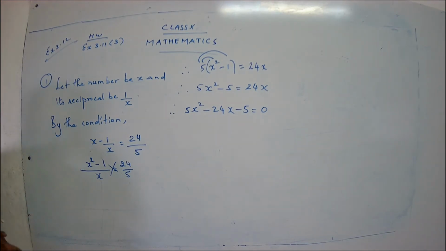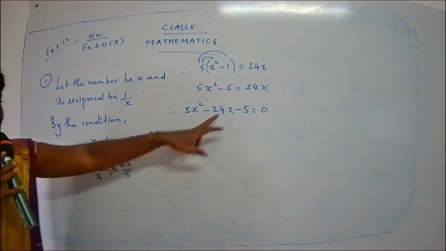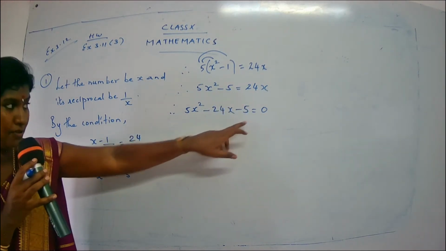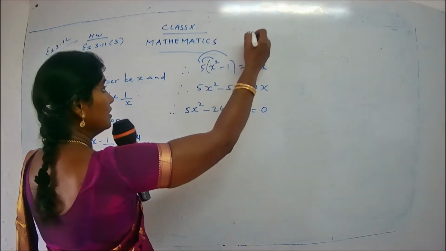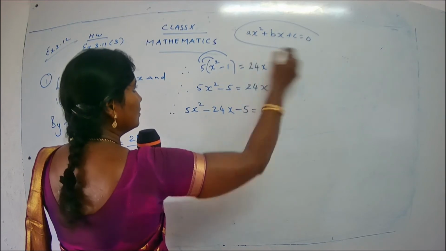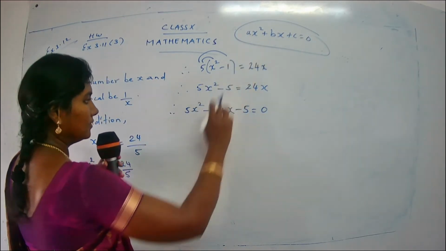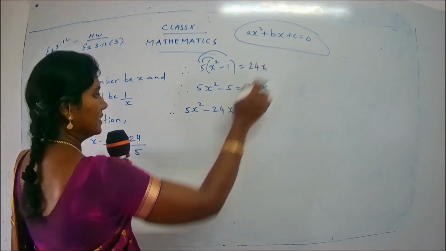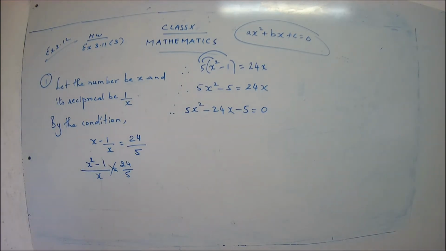Yeah, it is ax square, so we need first x square term, then we need a bx term, that is x term, and then we need a constant term. So always try to arrange in the form of quadratic equation: ax square plus bx plus c is equal to 0. See, I have arranged in the form of x square, then x and a constant term and 0 over here. Okay, so this is done. So now we have to find out the value for x.